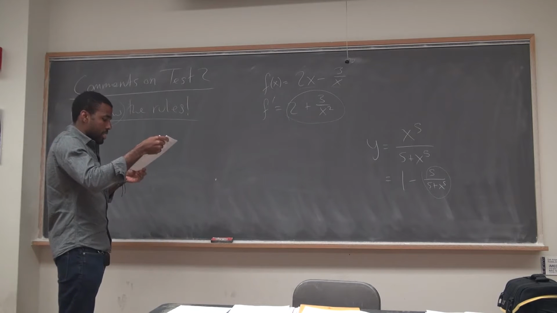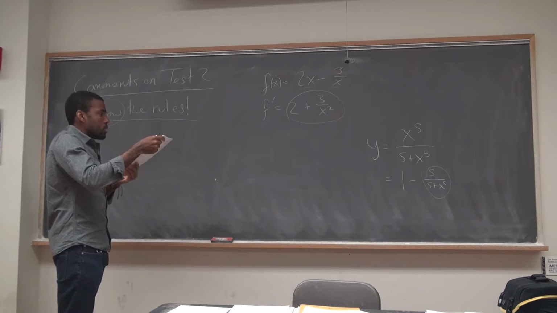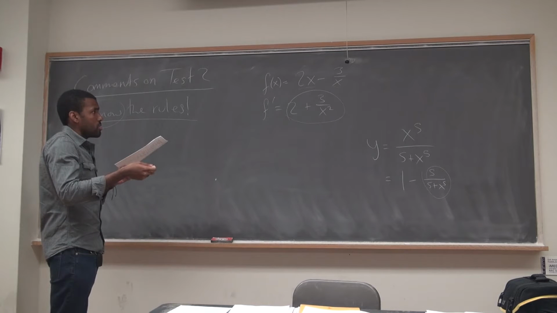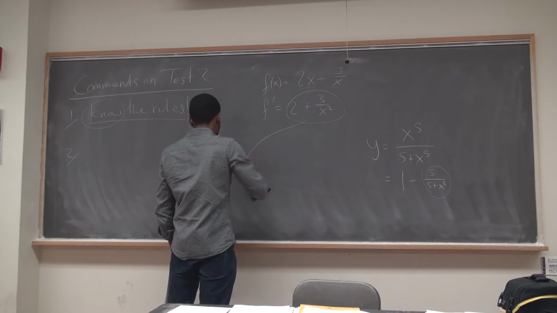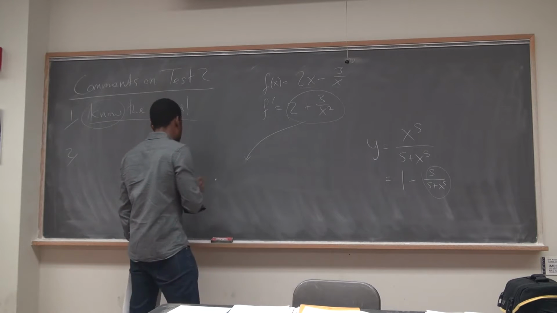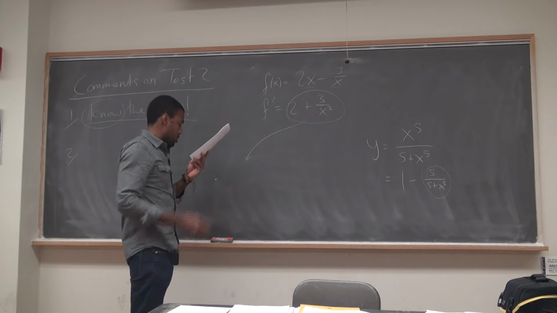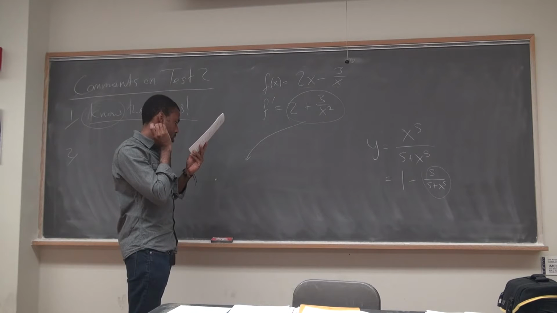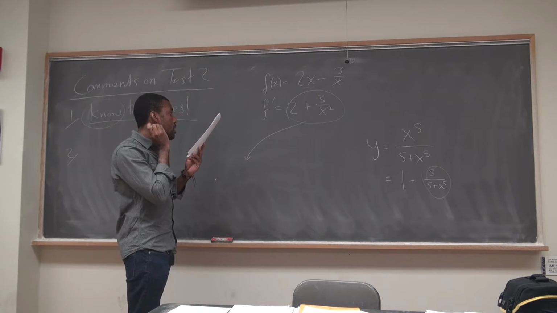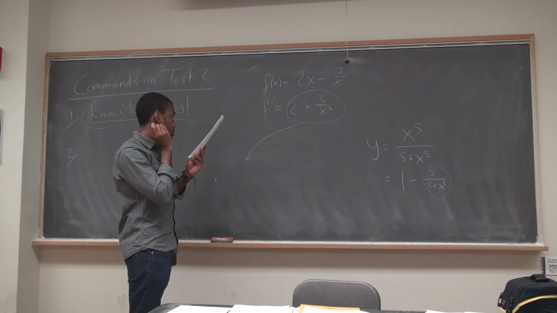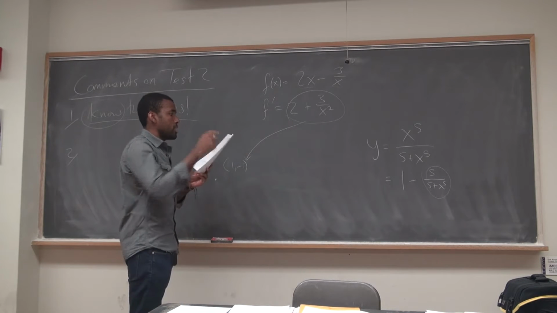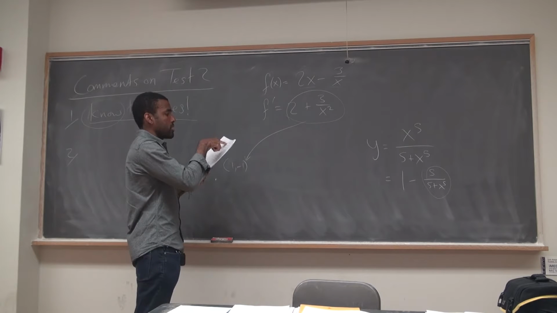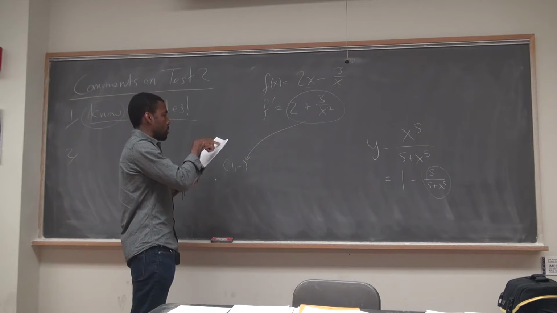Some things that I didn't get in part B were, some people were giving me equations where they would literally plug this into the equation of a line. So they'd write something like, the coordinate I think was 1 comma minus 1, right? So the point was 1 comma minus 1, because to find the y value, you plug the x value into the first one. Right, so that was the point.